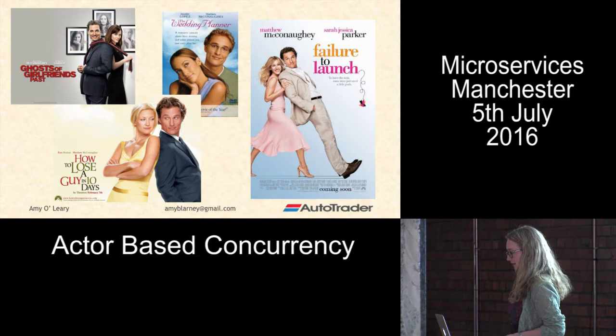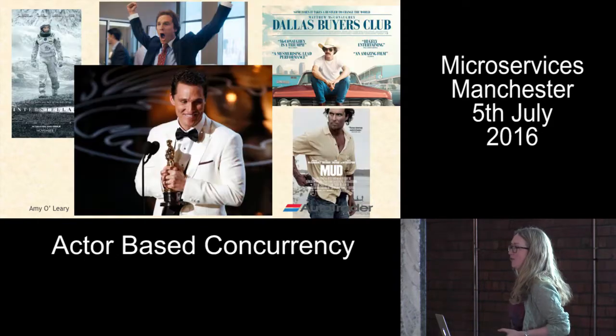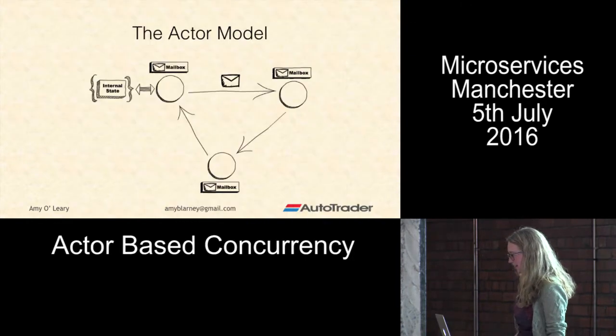But in the past few years, we've seen a huge upsurge in the number of cores a server has. Almost everything is in the cloud. We've had something of a renaissance, and actors are back in force. So what I'm, of course, talking about is actor-based systems. Now, the actor model is an idea that was originated in 1973 in a paper by Hewitt, Bishop, and Steiger.